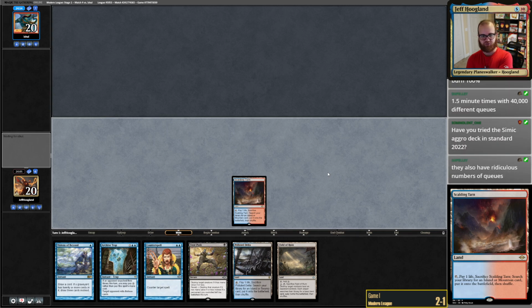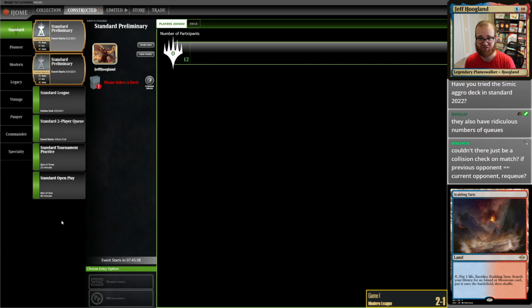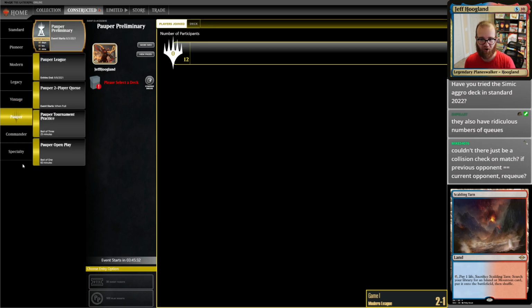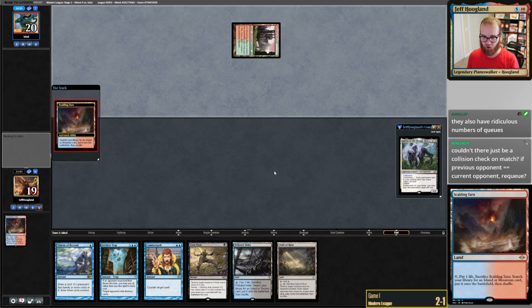I tried Simic Aggro in 22. I have not. Yes, they do also have an absurd number of queues. Magic Online has more queues than any other card game that exists digitally. And it's not particularly close. And to highlight for people that aren't familiar, this is just Modern. There are 4 Modern queues. There are 5 Pioneer queues right now. There are 6 Standard queues at the moment. Legacy has 6. Vintage has 4. Pauper has 5. Commander has 4. And then there's all these specialty formats past that. Whenever people talk about Arena not being able to support more play modes,